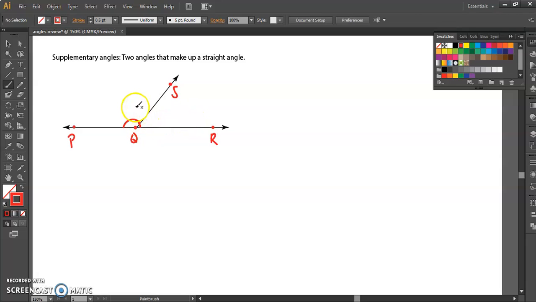Okay, and if we add these two angles, if this is angle 5 and this is angle 6, we can say that angle 5 plus angle 6 is equal to 180 degrees because a straight angle adds up to 180 degrees. Okay, therefore